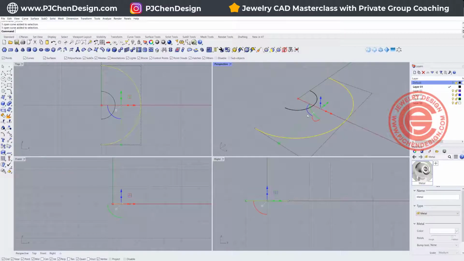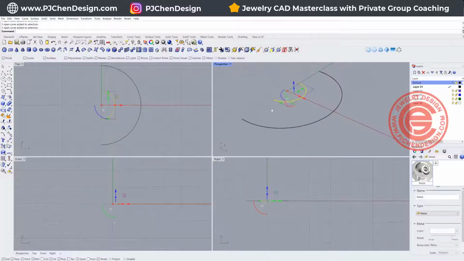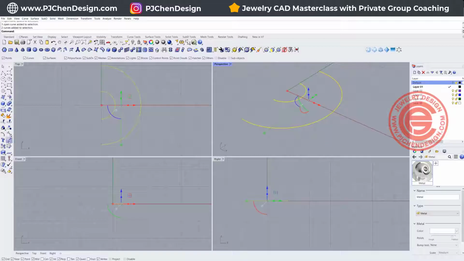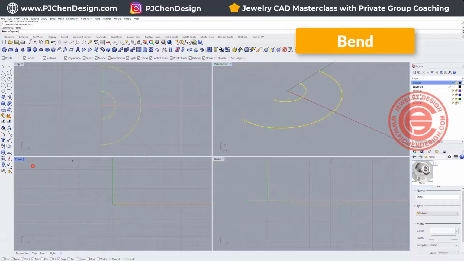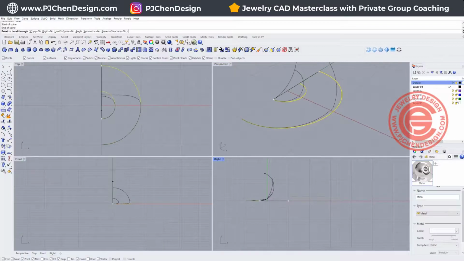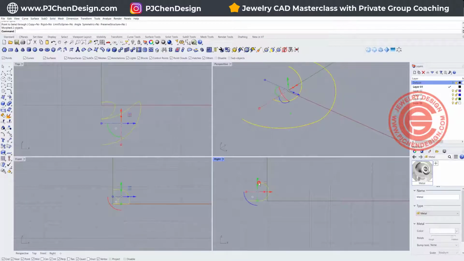All right. So to make sure that it will work, I need to make sure that when I bend, I don't bend in this section right here. I only bend from this point up. So I'm going to use the bend command one more time. And we are going to bend in between here to here. And again, I'm going to come into the right view to show how much I wanted to bend it up. And you might need to try a few times to get the result. All right, so now we got this bend,